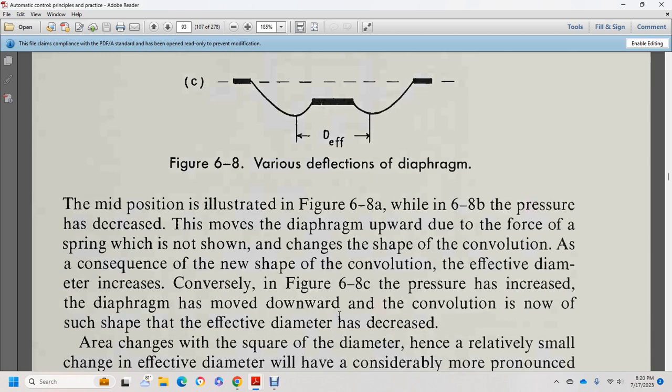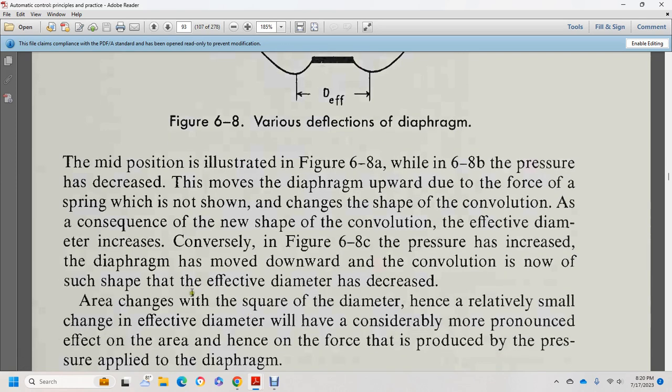As a consequence of the new shape of the convulsion, the effect of the diameter increased conversely, as in figure 6.8, but the pressure has increased and the diaphragm has moved downward. With the convulsion now in such a shape, the effect of the diameter has decreased after the change of the square diameter, hence the relatively small change in the effect of the diameter has a considerably more pronounced effect on the